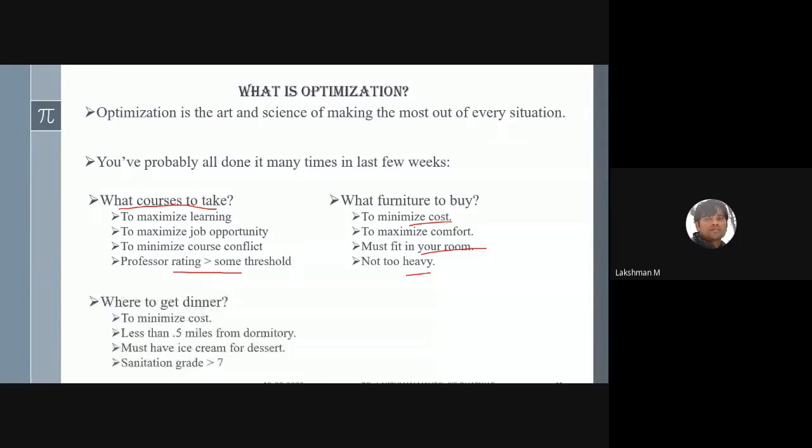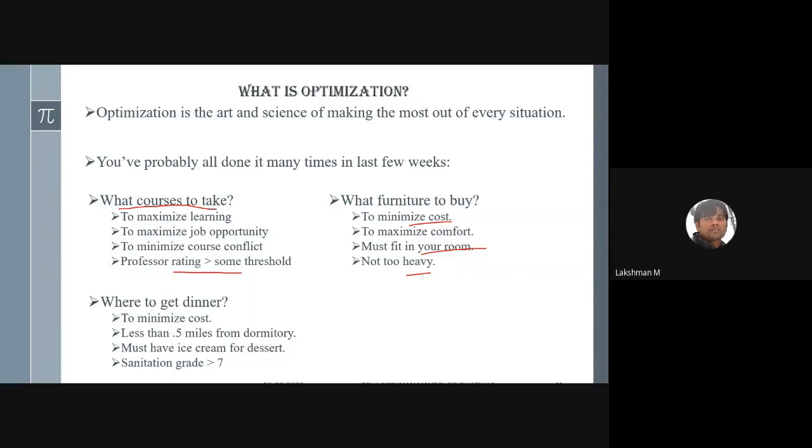Another scenario: suppose you are going for dinner. To fulfill that objective, what kind of constraints do you need to put there? You have to minimize your costs. You can't lose much money from your purse. Also you would like to see that the restaurant where you are going for dinner is not far away.